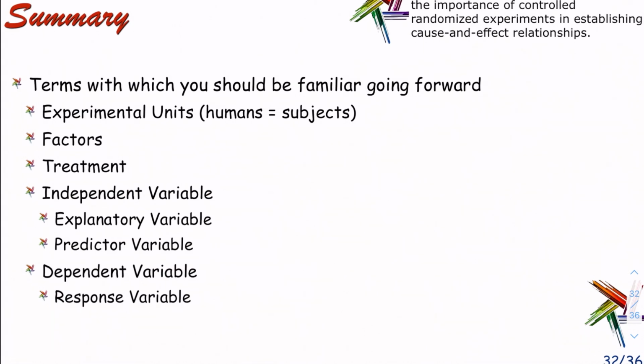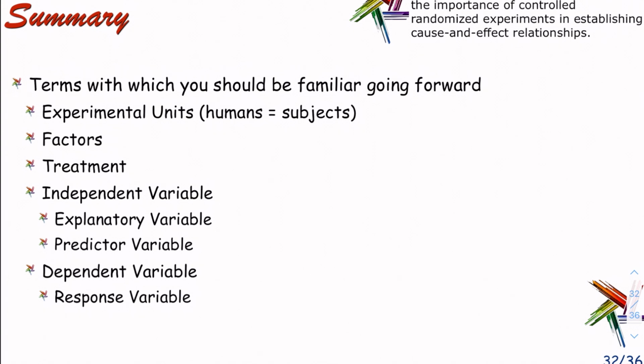So let's just put this in a quick summary. At a glance, terms with which you should be familiar going forward. We talked about experimental units. Humans, we're calling subjects or participants. We have factors. We have treatments. So a group gets a treatment. The factors are what we are changing. We have our independent variable, often our explanatory or predictor variable,